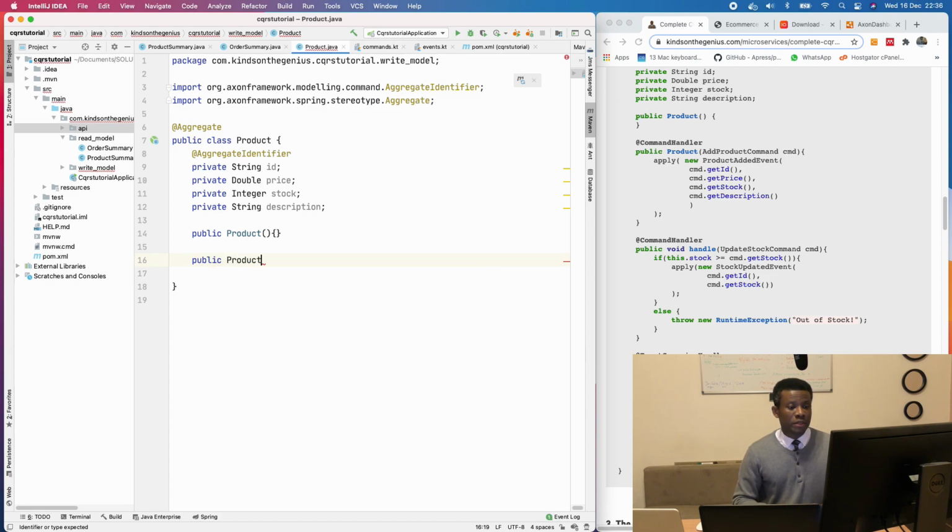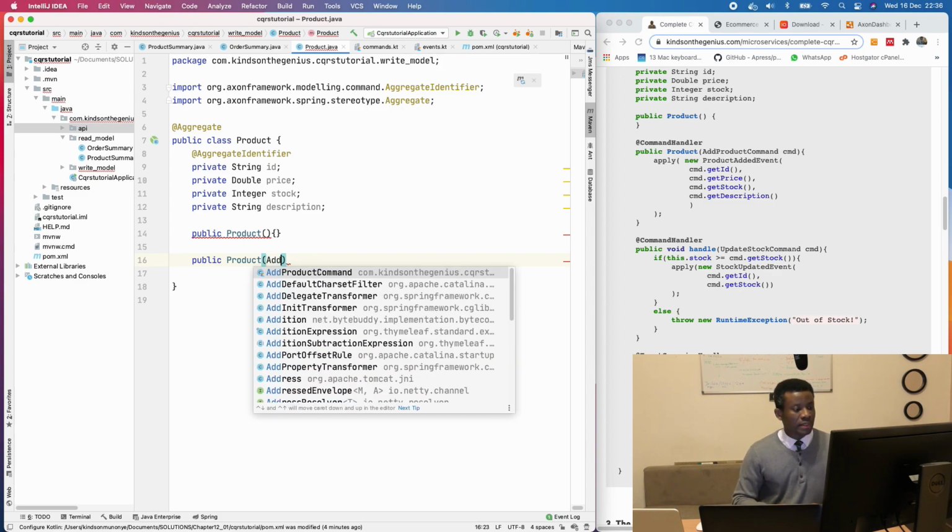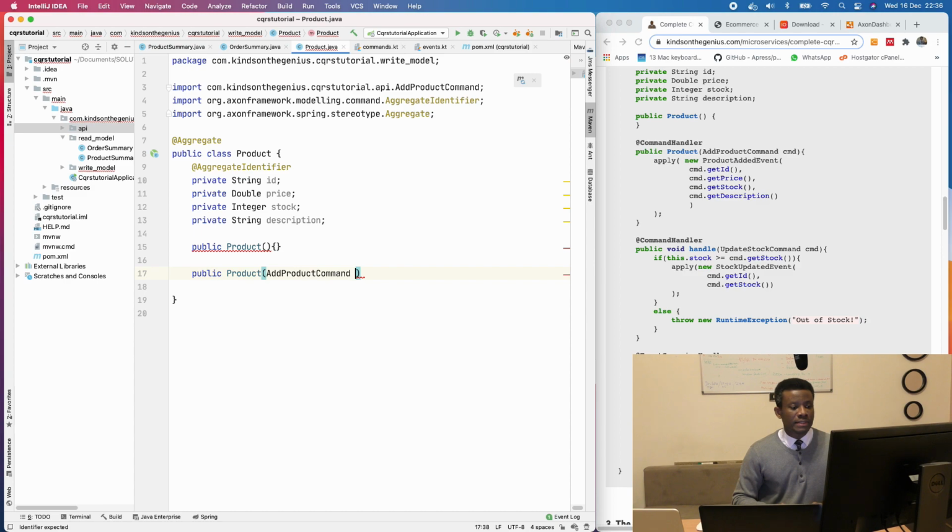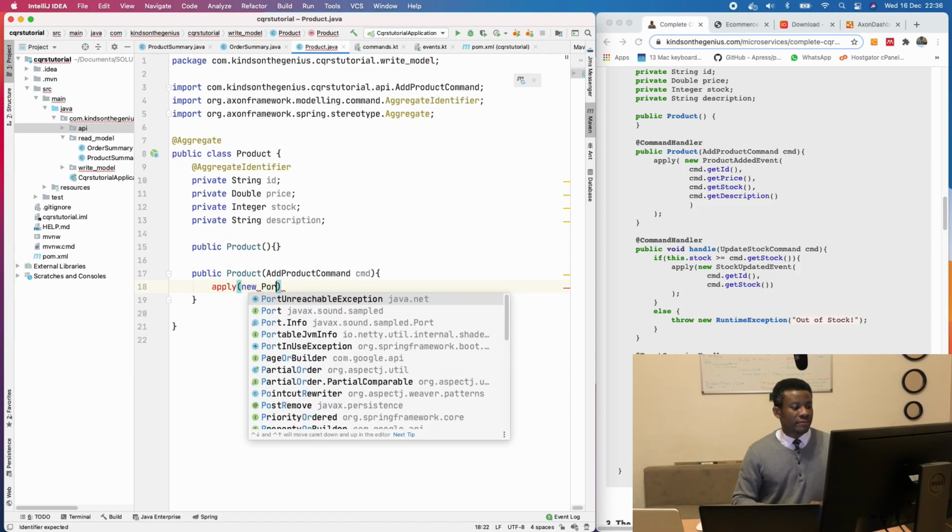So this is basically a constructor. And this will handle a command called AddProductCommand, cmd. All right, so when this command occurs, we simply raise an event. So I'm going to say apply new ProductAddedEvent,